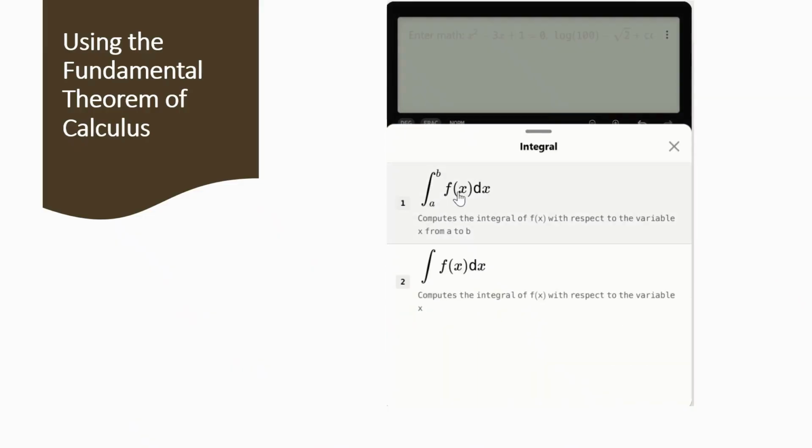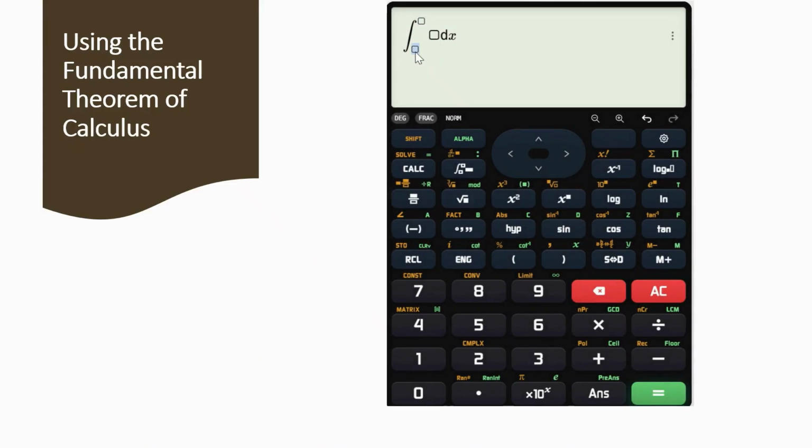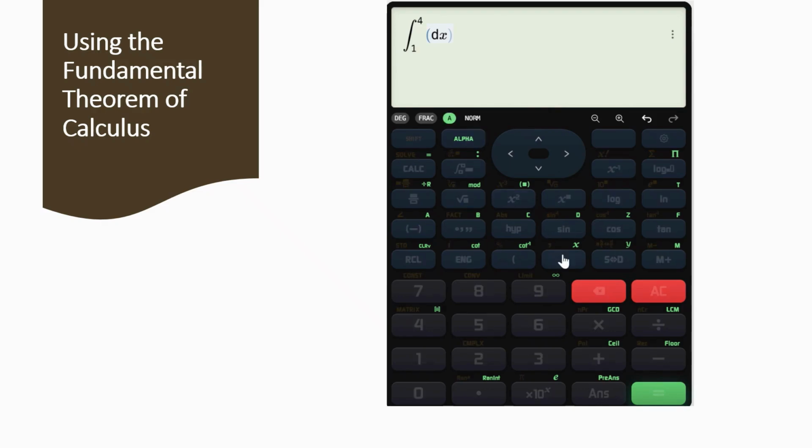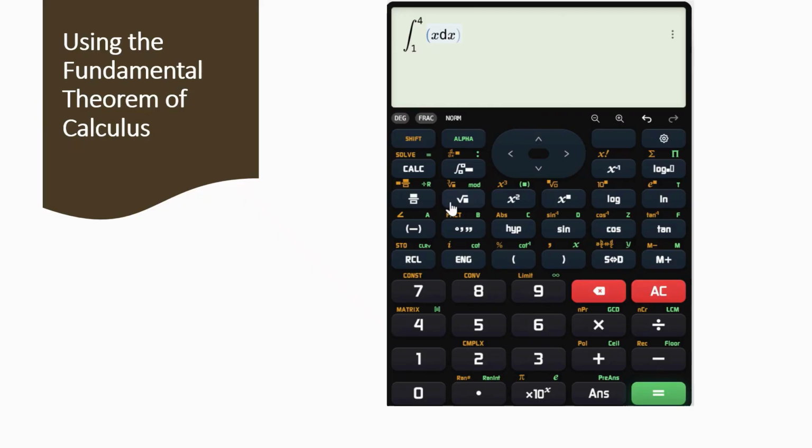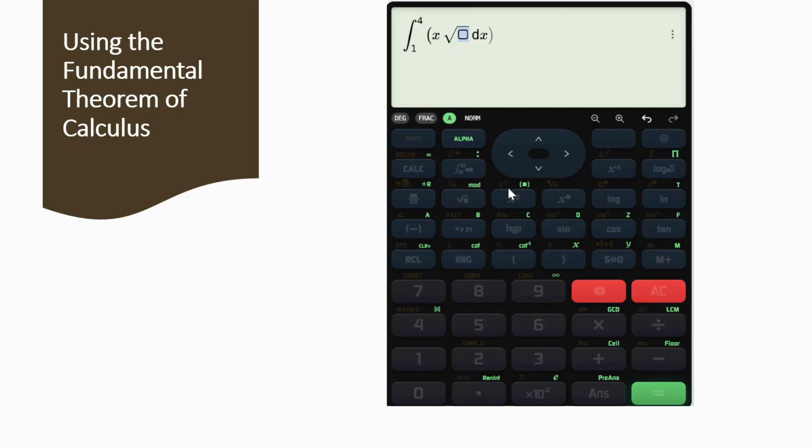Let's integrate. Our lower limit is nothing but 1 and our upper limit is 4, and let's enter the function. Don't forget to open the bracket. Alpha x, square root of alpha x